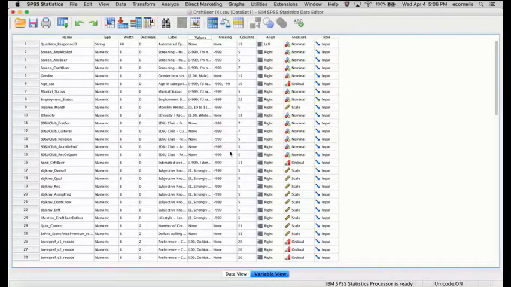Hi students, in this class I'm going to teach you how to do differences analysis, and specifically the first type of difference analysis we're going to do is an independent samples t-test. And as you know from class, independent samples t-tests are used to compare two subgroups in your sample on one